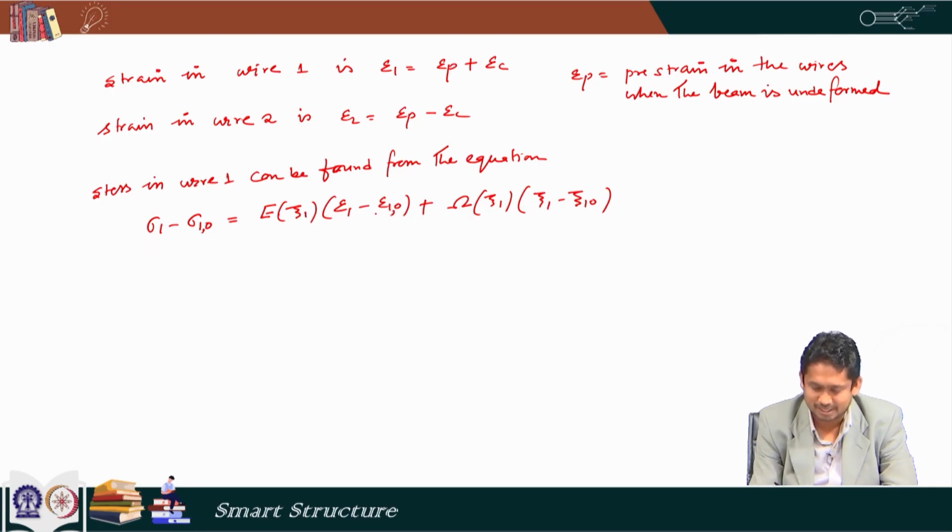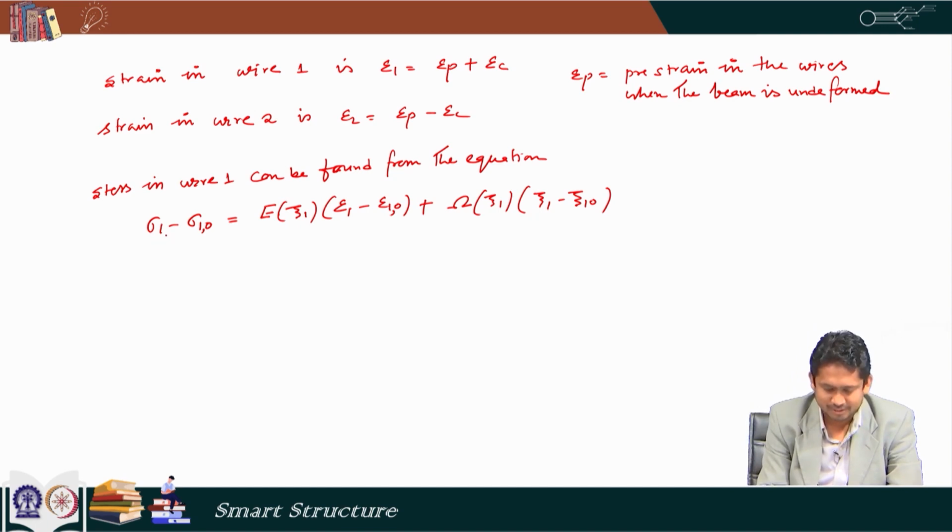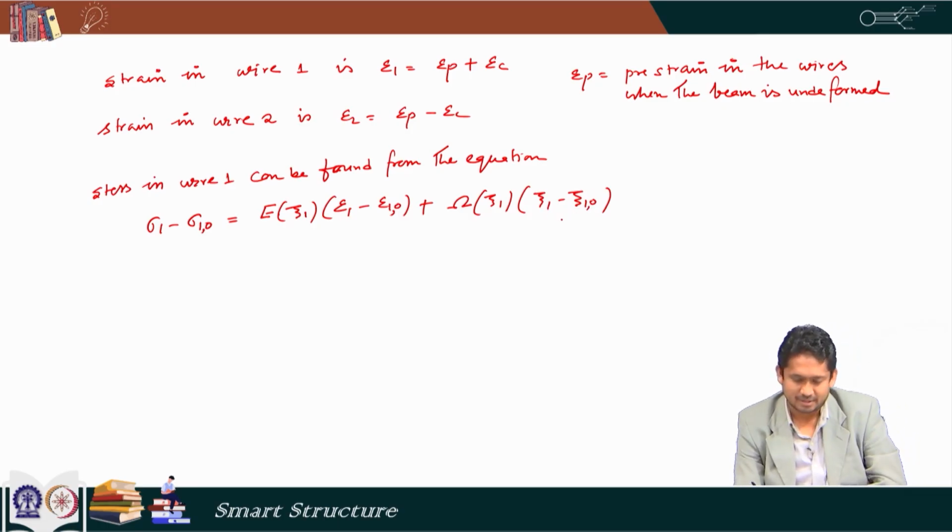Similarly, here also it is sigma 1 minus sigma 1 comma 0, that is a change in the stress. So, here we have this term sigma 1 minus sigma 1 comma 0. It is not sigma 10, it is sigma 1 comma 0, and that signifies the change in the stress in wire 1. Similarly, I have epsilon 1 minus epsilon 1 comma 0, and that signifies the change in the strain in wire 1. And similarly, this is the change in the Martensite volume fraction in wire 1,